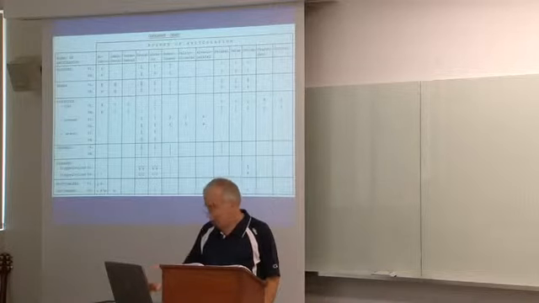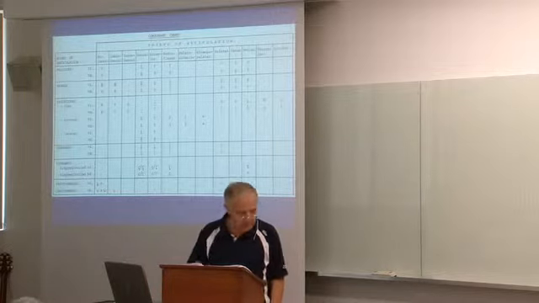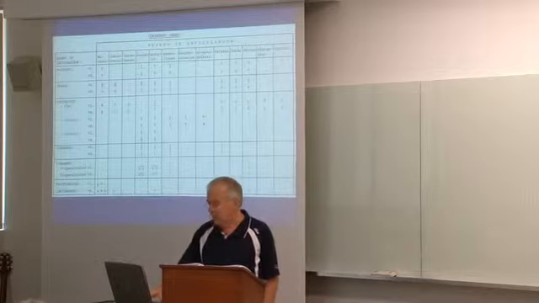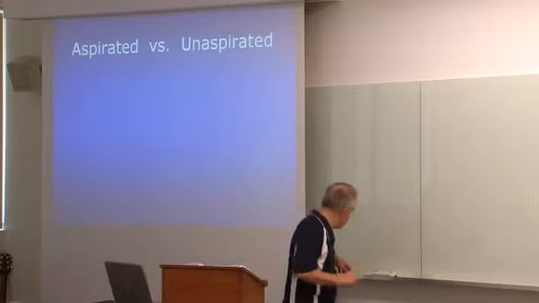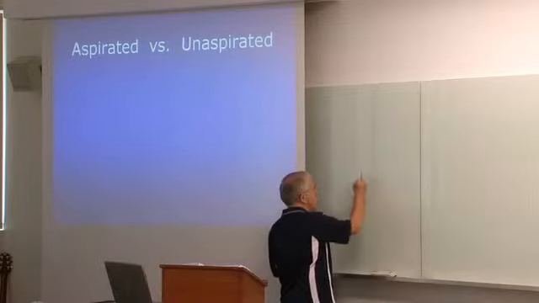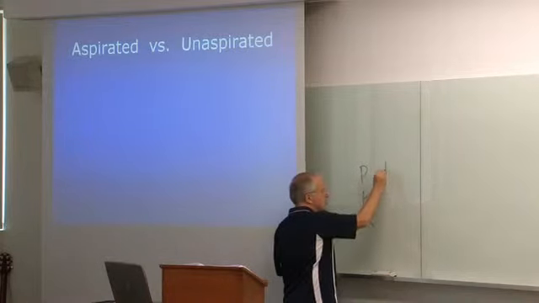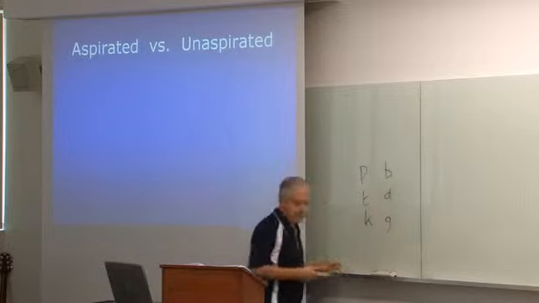Now, what we need to understand, and this is very important, is that in the languages we're going to learn, we need to learn to make unaspirated, unvoiced P, T, Ks. I'll say it again. We need to make unaspirated, unvoiced P, T, K, which sounds like a B, D, and G, but they're unaspirated, unvoiced.